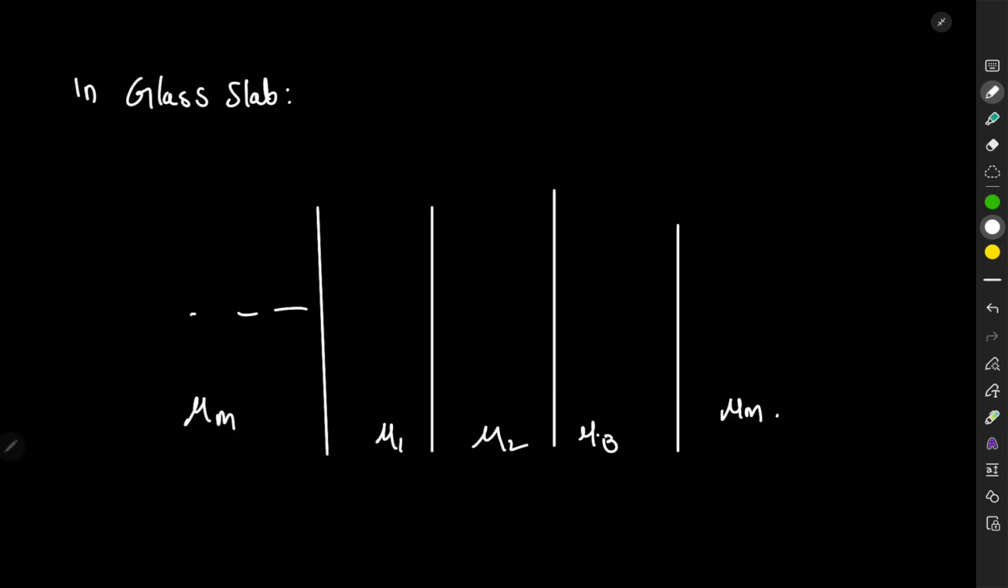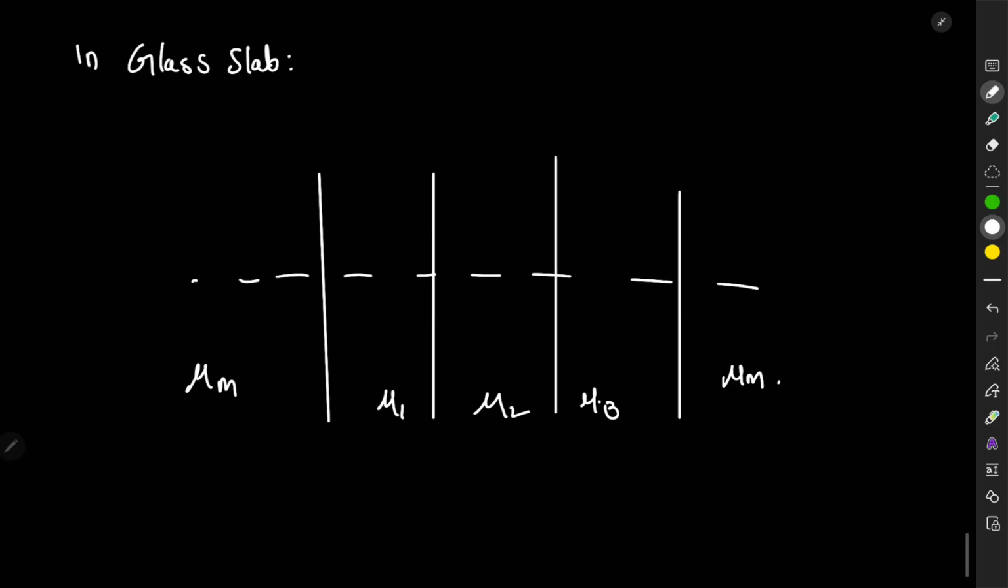Given that mu 1 is greater than mu 2 and mu 2 is greater than mu 3, I'm going to incident a light ray at an angle. Since mu 1 is greater than mu m as well, it's going to go near this,